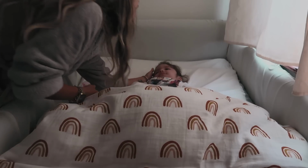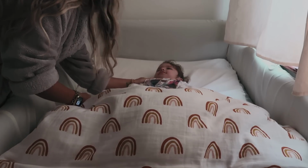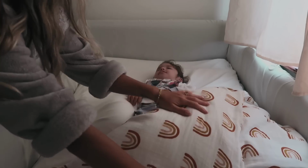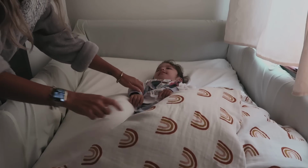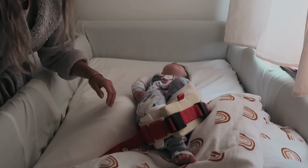Once Avery's awake, I go and get her up. She sleeps with the SATS monitor at night, so I turn that off, and she also sleeps with the sound box, so I turn that off as well. Then I usually clean her stoma site where her G-tube is and give her a nice fresh button cover and